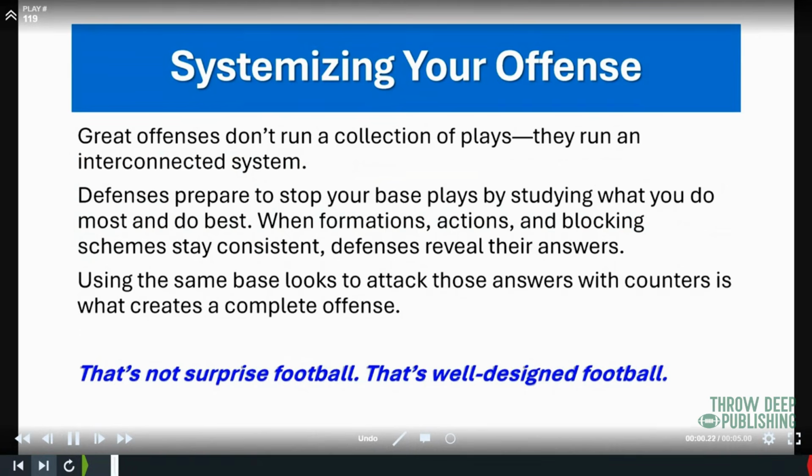They run interconnected systems. If you were to watch Ohio State, they won the national championship. If you watch the University of Indiana and their offense, they had RPOs and all kinds of constraint plays, but they didn't do anything out of this world fancy. They just did simple football that they did from day one, and then they had the answers built in. Defenses are going to prepare to stop your base stuff. When a defense prepares to stop your offense, I promise you,